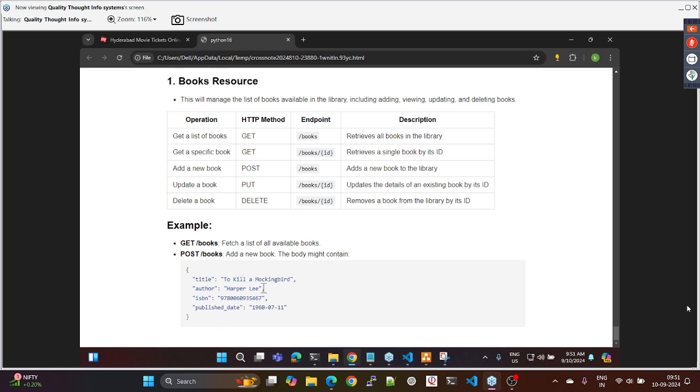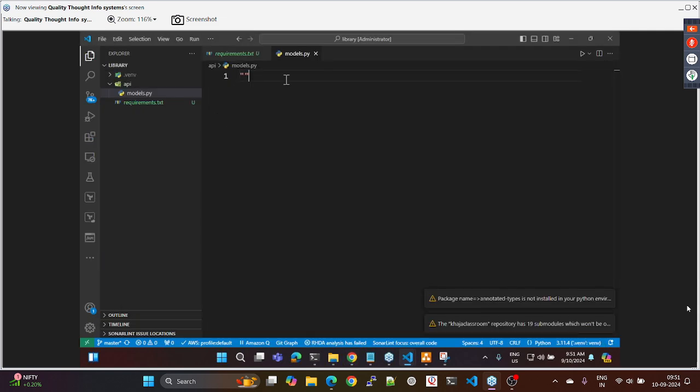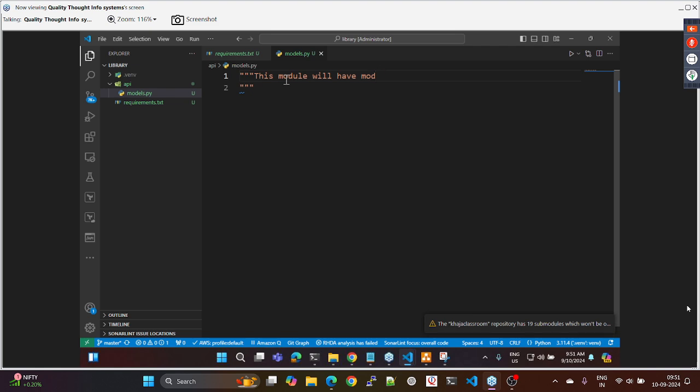Let us consider the book structure. Okay, so what I'll try to do is, this module will have API models of the library. Okay, now I am trying to create something called as